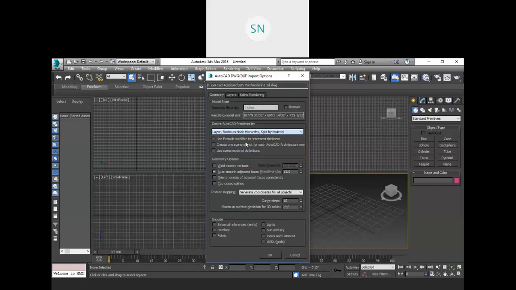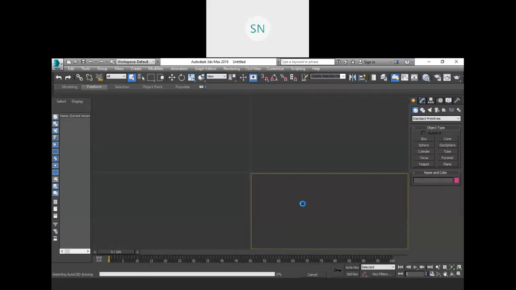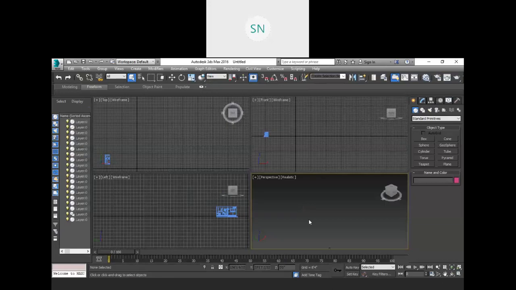Let us use the same settings for now, and we will check the rest of the options by trial and error, right? So click on OK first, and here we have our AutoCAD file with some material